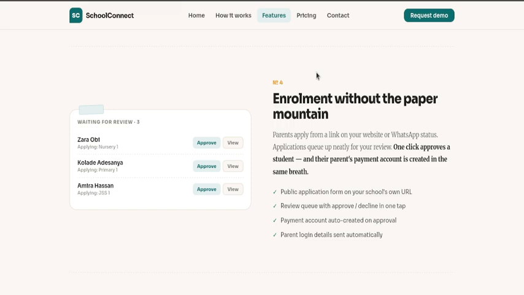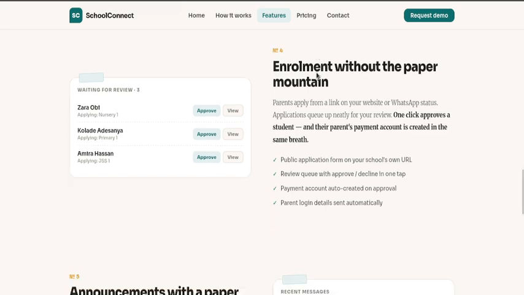And also, School Connect helps with your enrollment, from the very beginning. If somebody walks into your school, you don't need to give them any piece of paper to fill. Just give them a link and they fill it up. They can do it while they're standing in front of you on their phone, or they can go home and do it on their laptop, however they want to do it. The parent fills in the details and you get the application with every detail you usually would get if you gave a parent your form to fill.